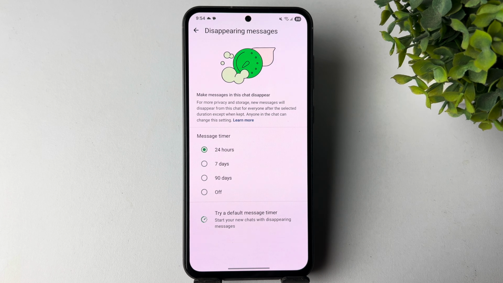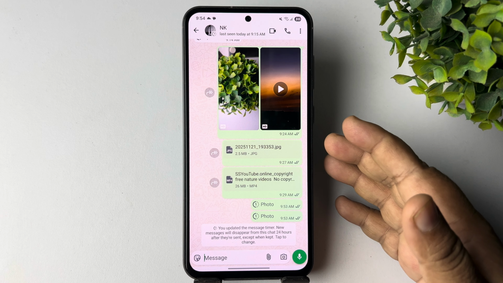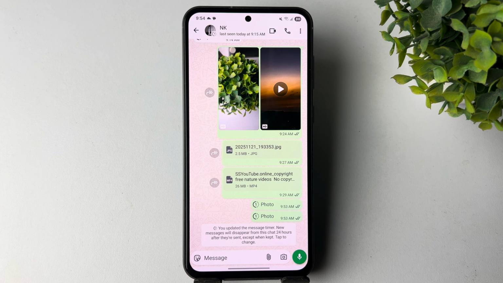If you select 24 hours, all of your sent and received messages in this conversation will automatically disappear after